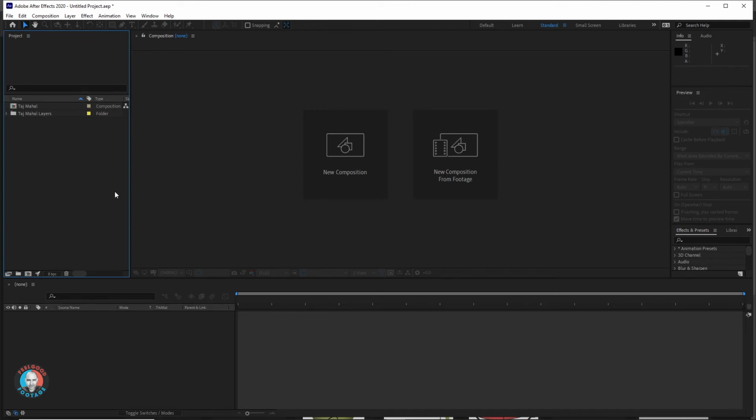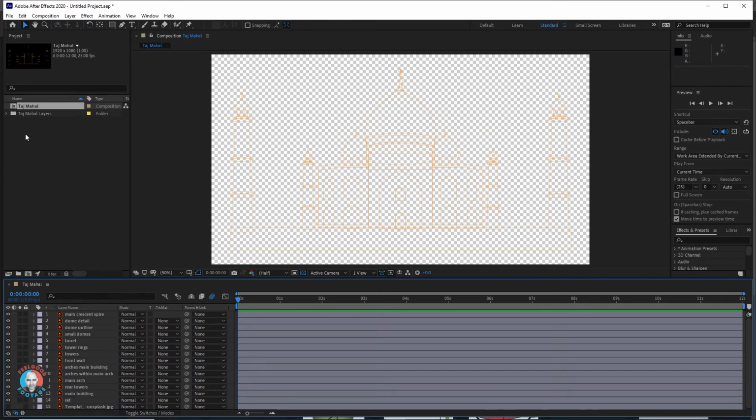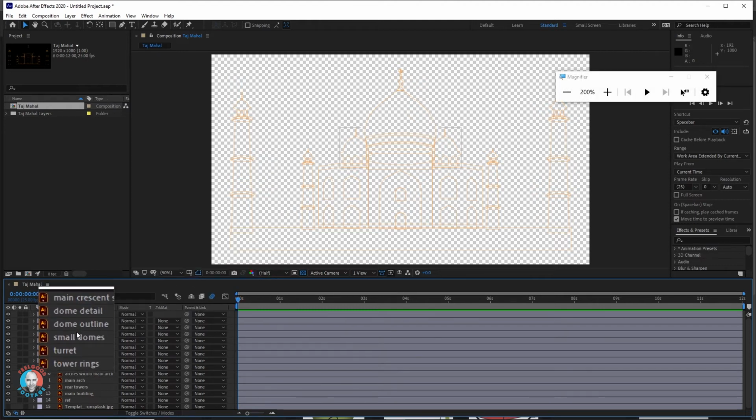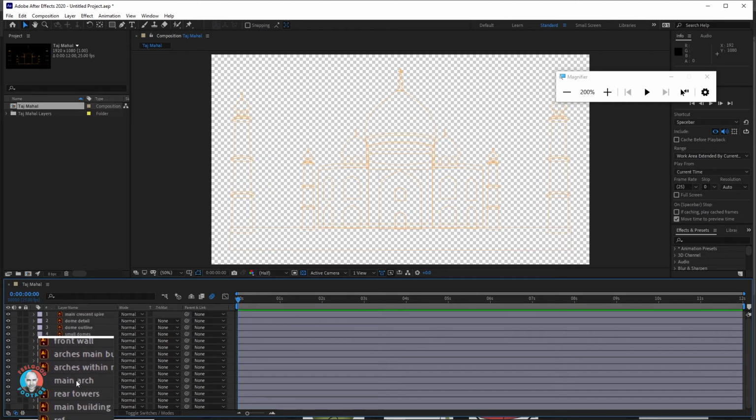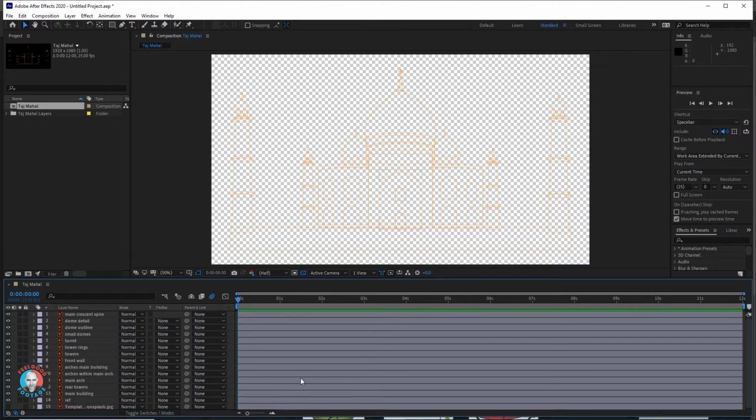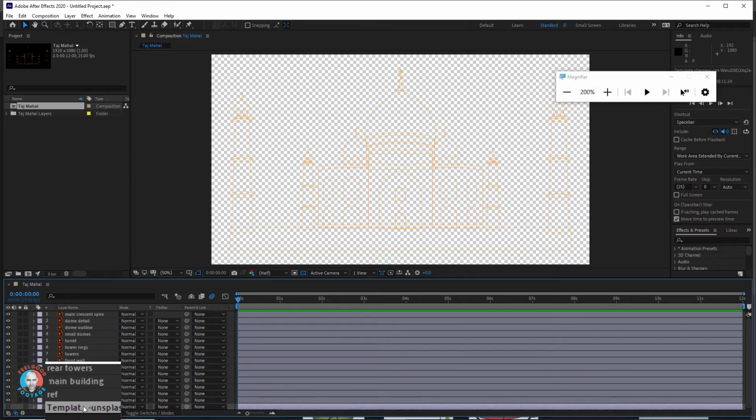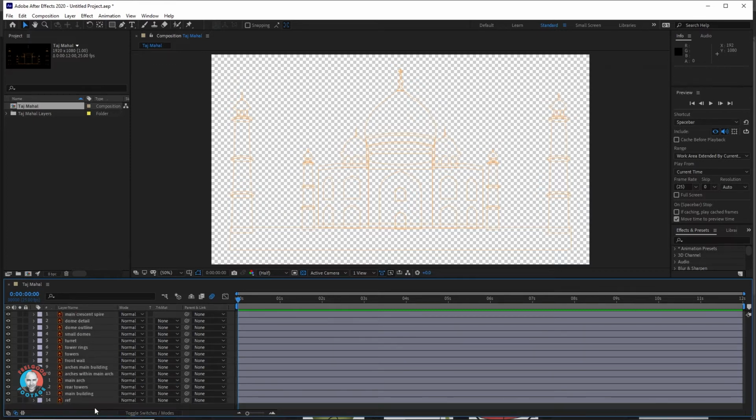And when we open up the comp, we can see all those separate layers in Illustrator have now become layers in After Effects. And each one of those is independent of the others. So you can probably see now that if we just placed everything within one layer in Illustrator, we'd now be looking at just one layer in After Effects, which would be no good at all. Since our Illustrator project contained the reference image and color scheme layers, they've also been created, but we don't need the photo anymore, so I'll delete that.